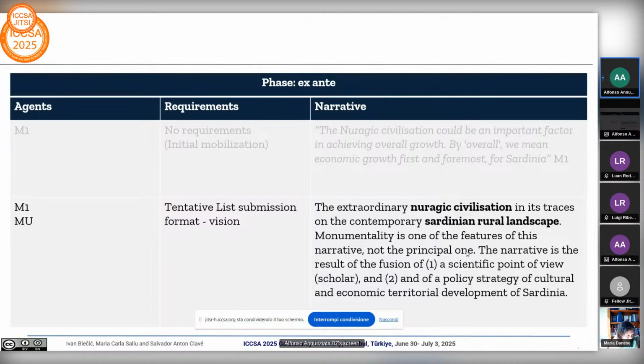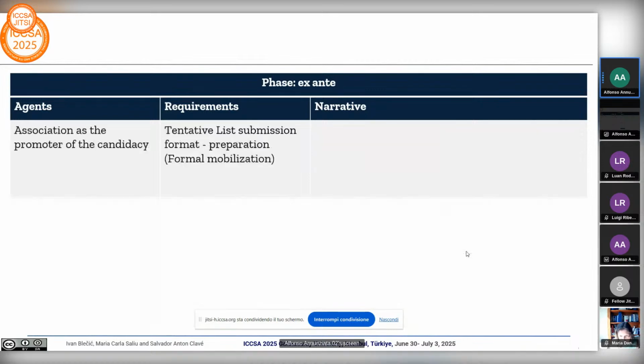So monumentality, as a physical dimension in that moment, was just one of the features of this narrative, but not the principal one. After this moment, these people started to share this idea with other agents. I forgot to say that M1 is a former politician at the regional and national level, and MU is a scholar, an academic professor. So they started to share this idea, and then they